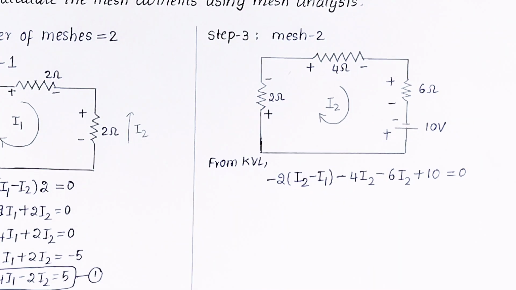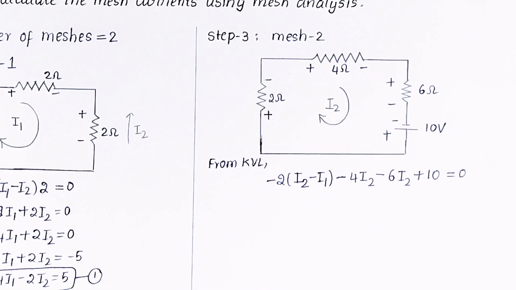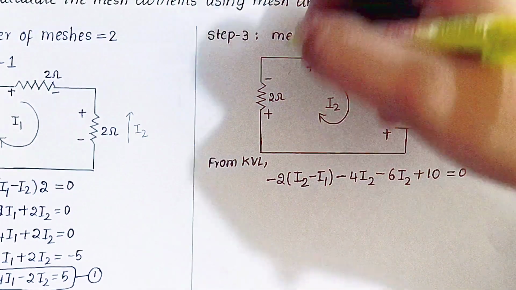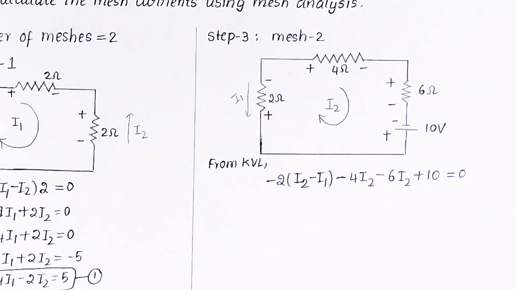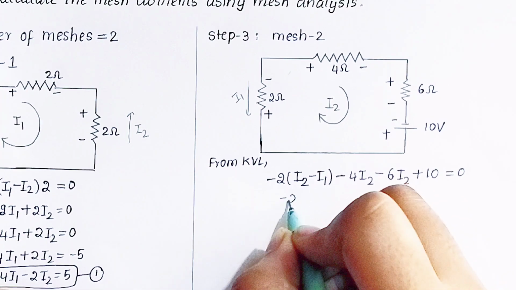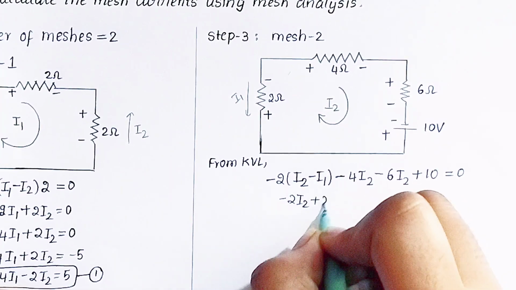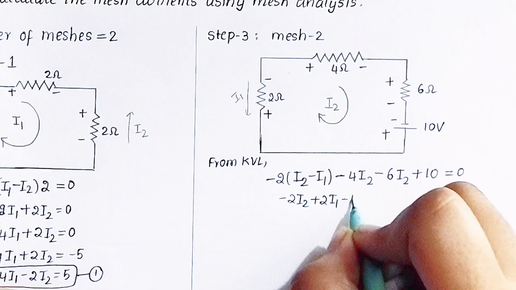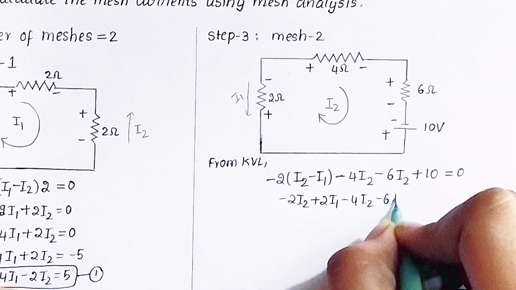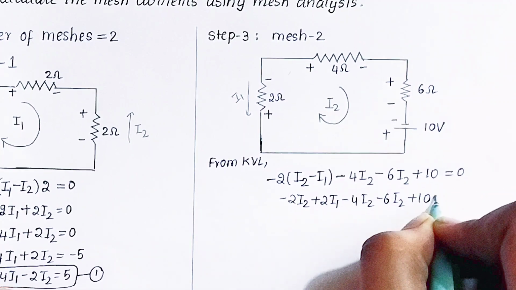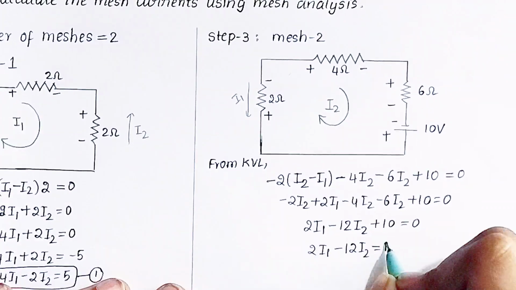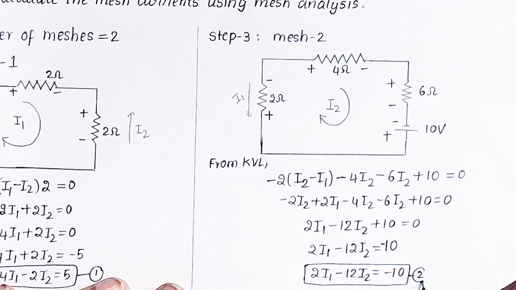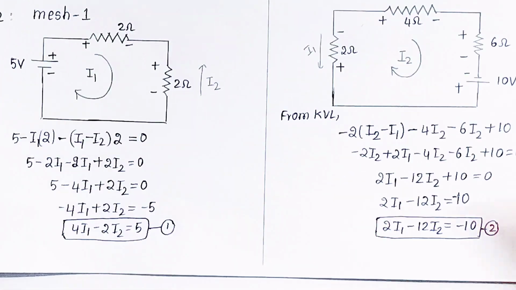10 volts. So in mesh 2, we have taken I2 as positive value inside the brackets, since as you can see that I1 current is flowing downwards and the I2 is flowing upwards. Both have a difference in between them, and that is I2 minus I1. As we are solving it for mesh 2, the I2 current is in mesh 2, so I2 will be positive. And further solving, we'll get an equation, and that equation is the simultaneous equation of mesh 2. This is the equation of mesh 2, and mesh 1's and mesh 2's equations are ready to be substituted